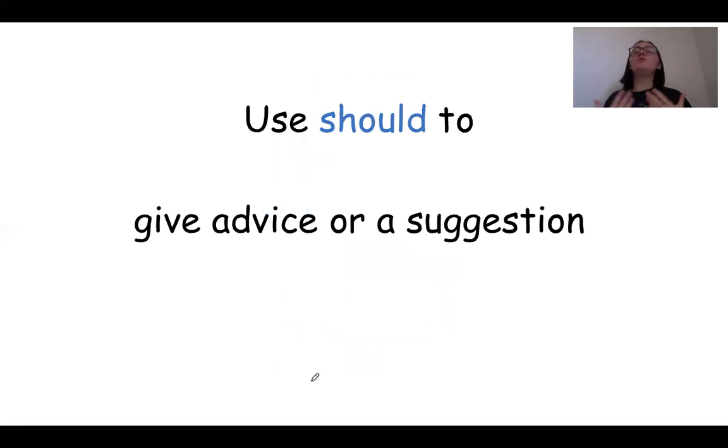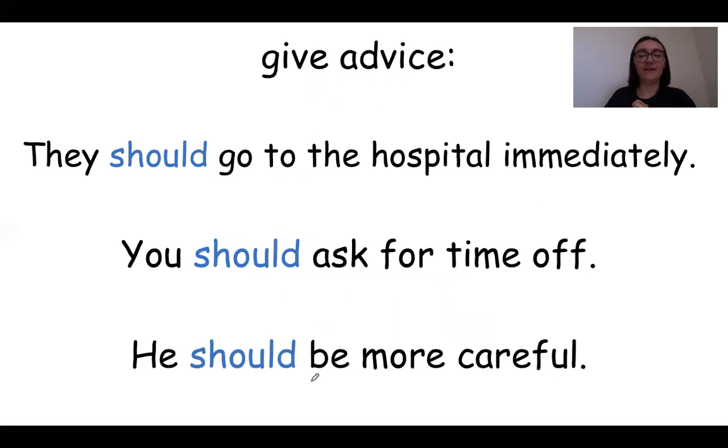Okay, so we use the word "should" to give advice to people, and we use it to make a suggestion. And a suggestion is when you're like, hey, do it this way, except a suggestion is nicer. It's more polite than just saying, no, do it this way. So, for example, when you give advice or a suggestion,